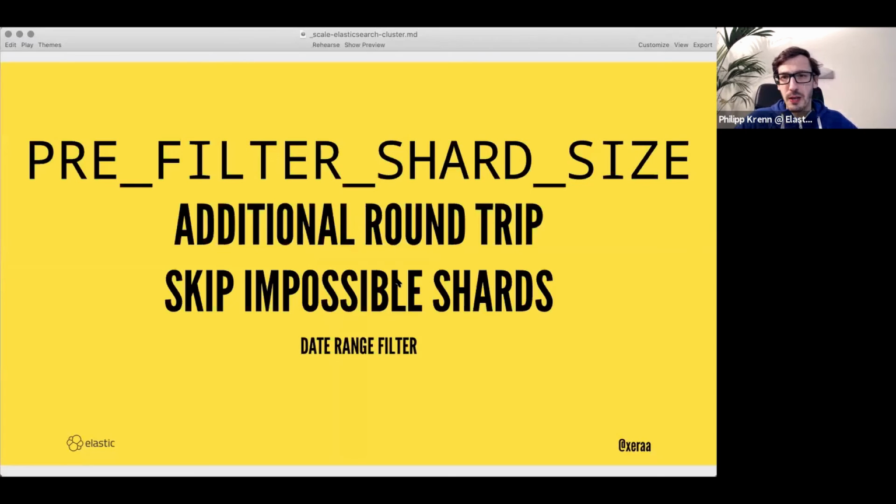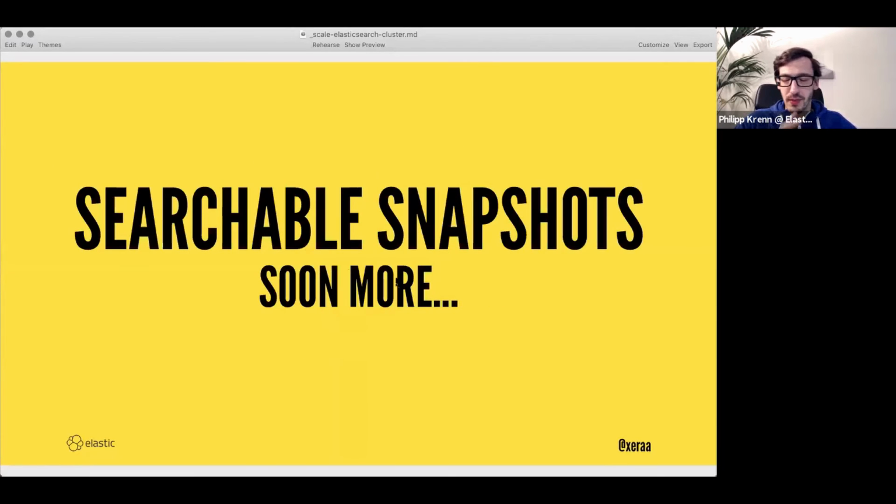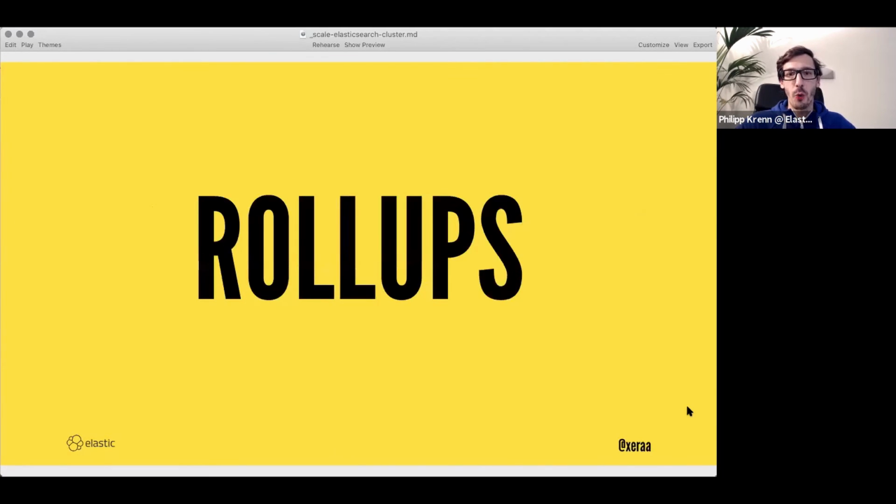I also skip that because it's an unnecessary complication right now. Searchable snapshots will allow you to search data stored on blob storage, which will make it even cheaper, but also slightly slower to access your data. But this will make it even cheaper to store and then search your data. So, final point, and this is very relevant for Gregor's question